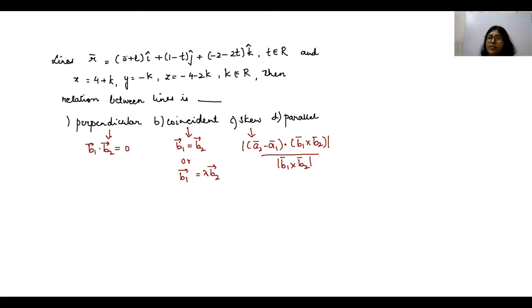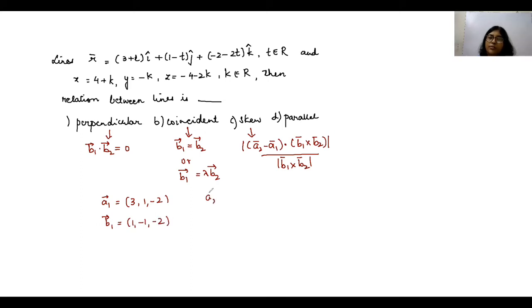First of all, let's find the point and the direction of both the lines. For the first line, the point is the one without the parameter. So I'm writing according to the Cartesian form. That means I'm not writing i cap, j cap, k cap. And the direction